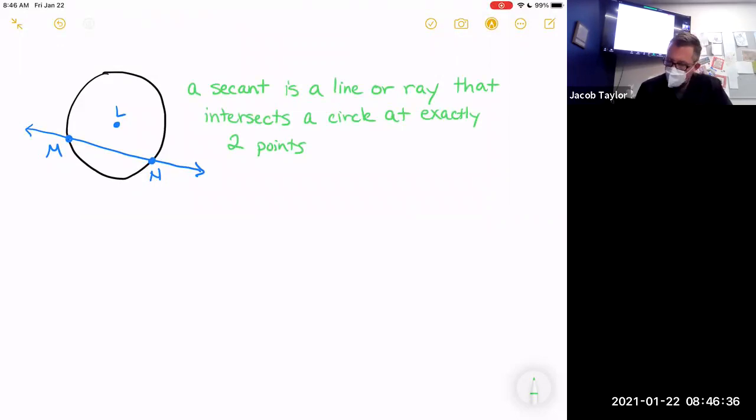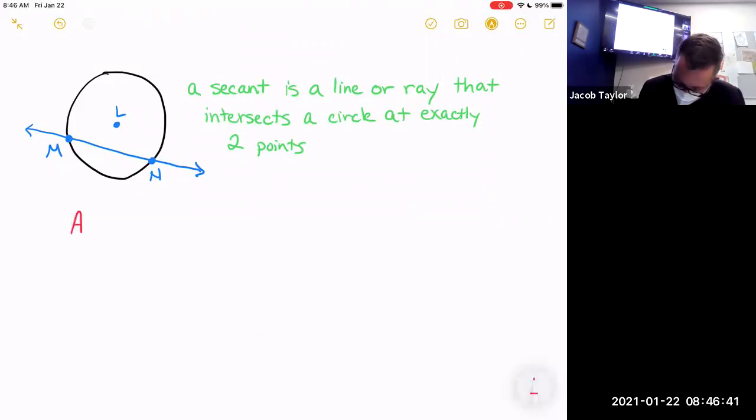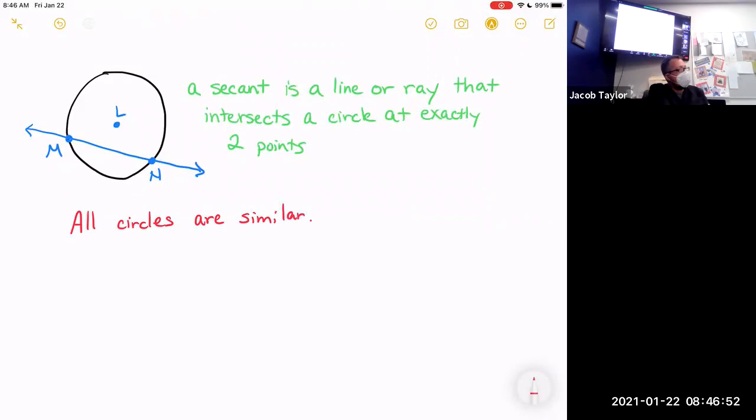Nothing better to do. So one thing that you should know about circles is this: all circles are similar. Remember, similar means same shape, but not the same size. So it makes a whole lot of sense that all circles would be similar because all circles look like circles. You can't have a circle that has different angles than another circle because the